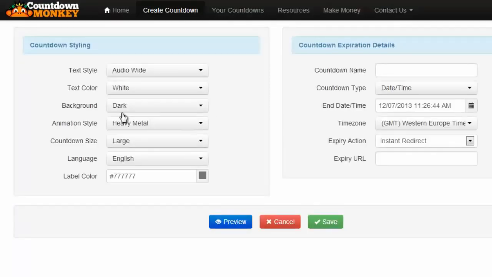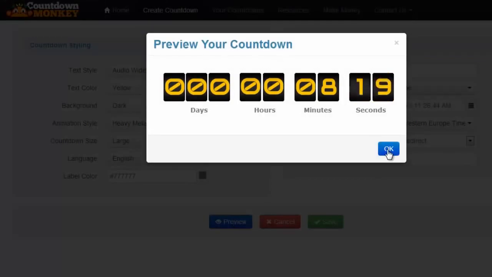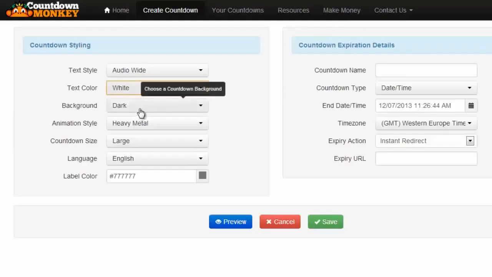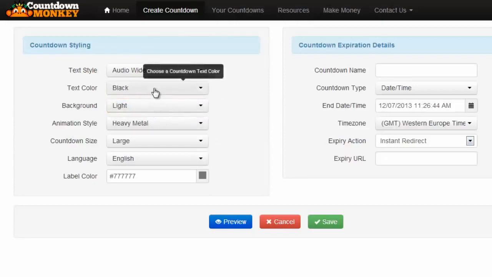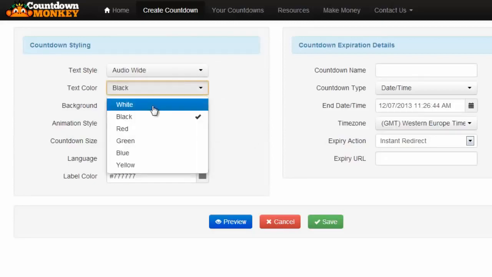And then we have text color. If you change it to yellow, you'll be able to see the difference. And then you have the background. So you can change it to light. But if you change it to a light background, you want to make sure that you have a dark text